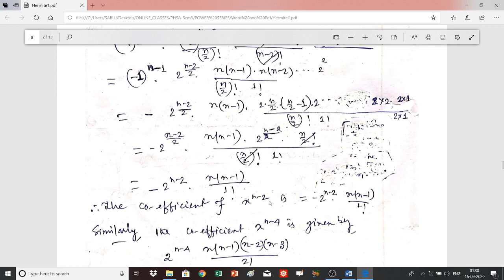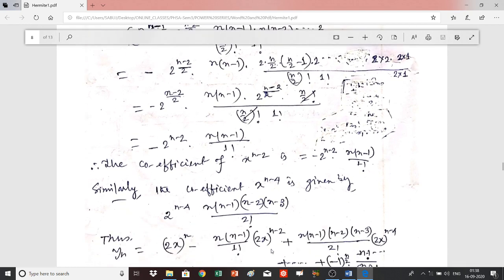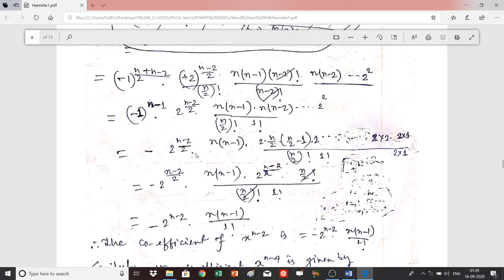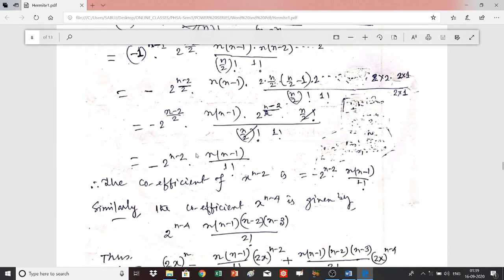In this way, you see that this was for x to the power n minus 2, so this goes up to n minus 1. So it will go up to n minus 3. Just compare, you will understand. And then instead of 1, it will be 2 factorial. So thus, yn will give you, just substitute the values, and then you will get